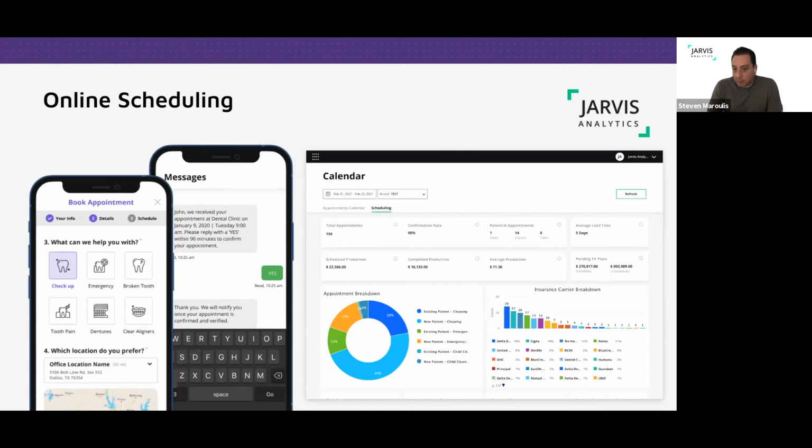And you can see that patients come in, and whether it's an emergency or a hygiene appointment, they'll get presented with some treatment plan. And that treatment plan is either scheduled or unscheduled. So in this particular example, in that fictitious location, we have 159 appointments and close to $900,000 of unscheduled treatment. So being able to understand the appointment breakdowns and seeing who's existing versus new and who's children versus adults,